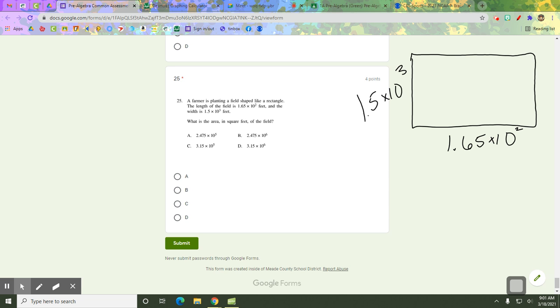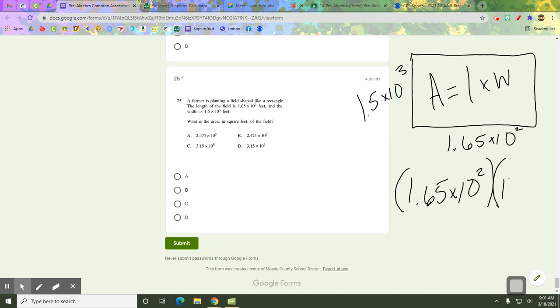How do you find the area of a rectangle? Length times width. So I'm doing length times width. I'm going to do 1.65 times 10 squared times 1.5 times 10 cubed. So we're multiplying scientific notation. Use your Desmos. Make sure